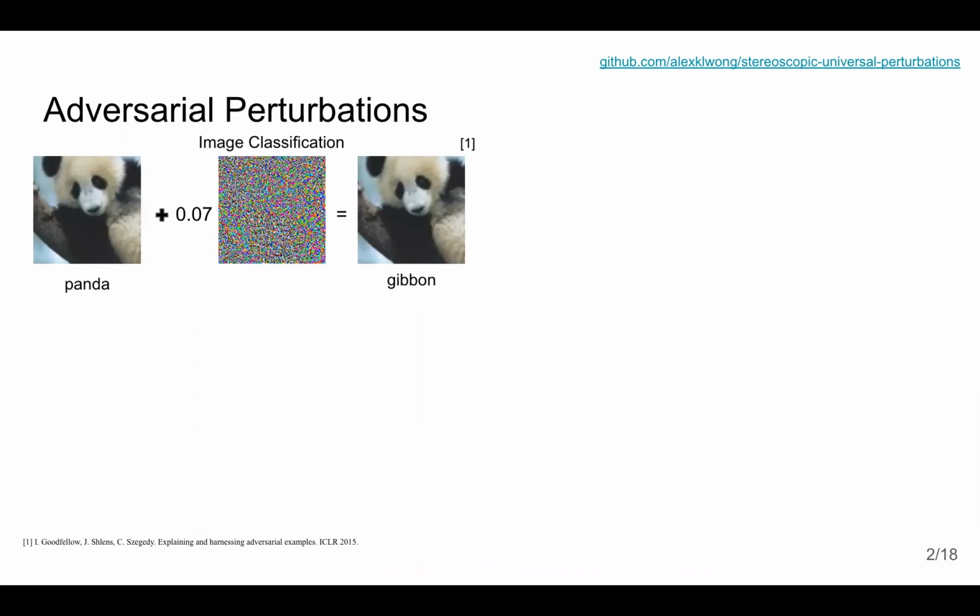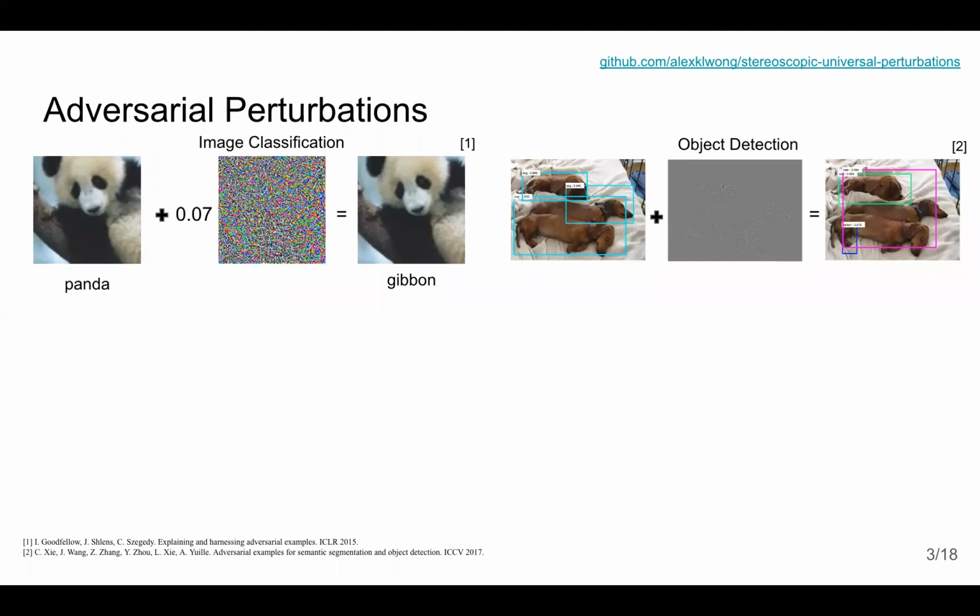Adversarial perturbations are visually imperceptible signals that are optimized to disrupt the normal operations of a deep neural network. They have been shown to exist for classification. When the perturbation image is added to the input, it introduces large errors in the output of the classifier. For example, here a classification network is fooled to output gibbon instead of panda. They also exist for object detection. In this case, when they are added to the image on the right, the dogs are misdetected as a train